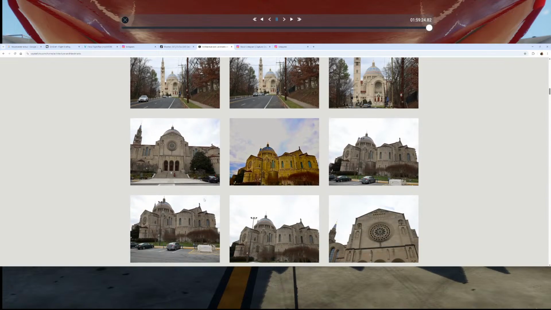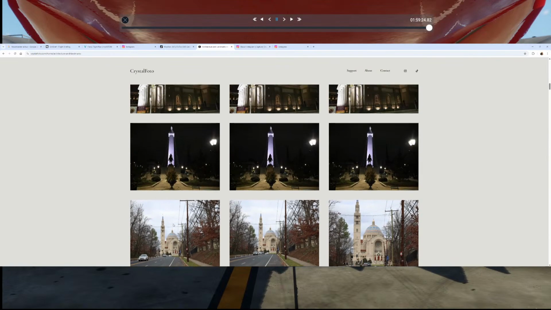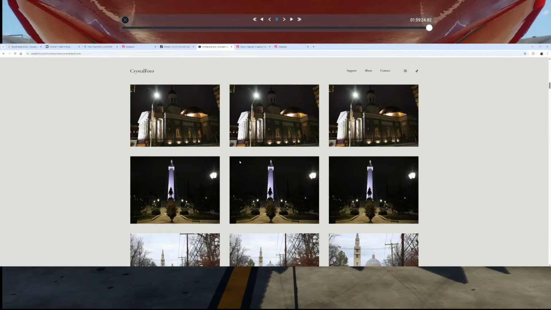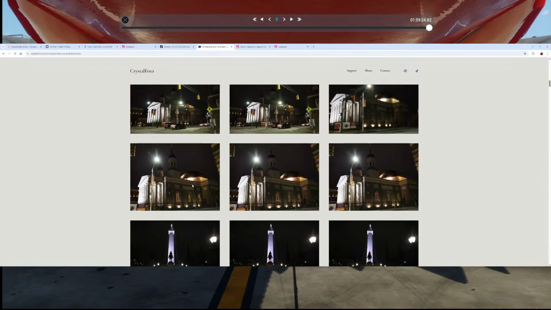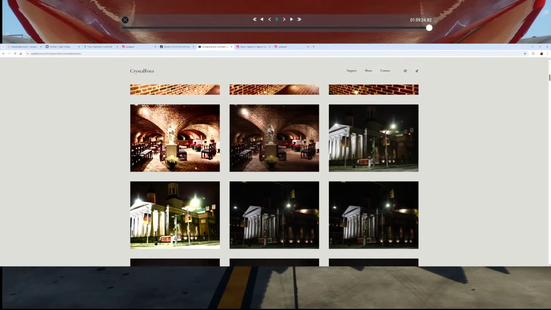This is the beautiful Our Lady of the Immaculate Conception Shrine in Washington, D.C. This is Baltimore. This is the Crypt Church in Baltimore.